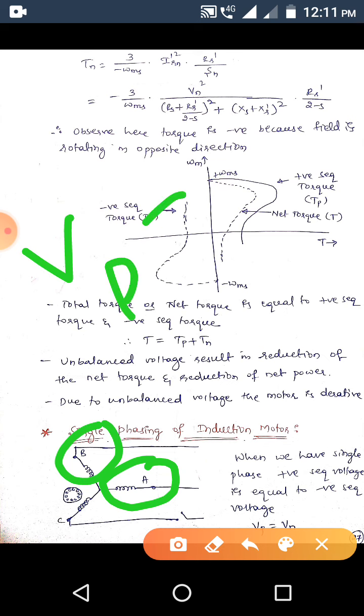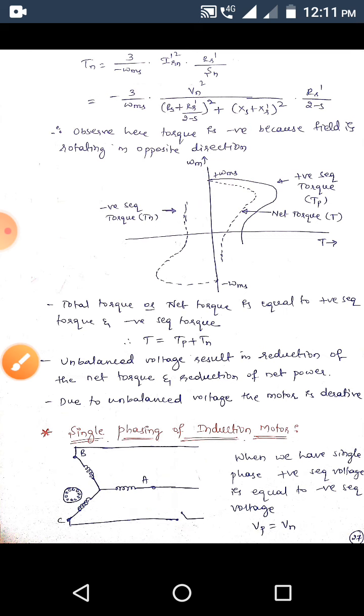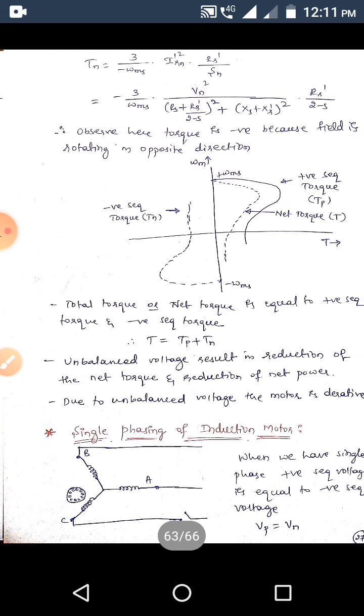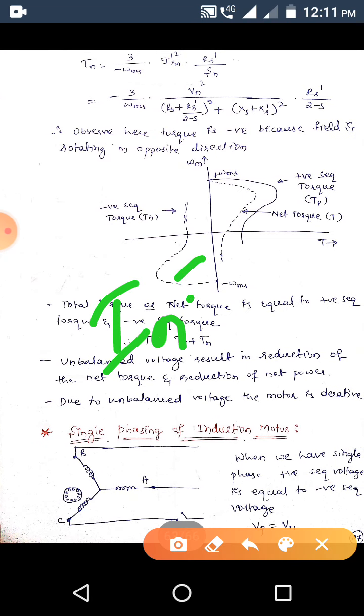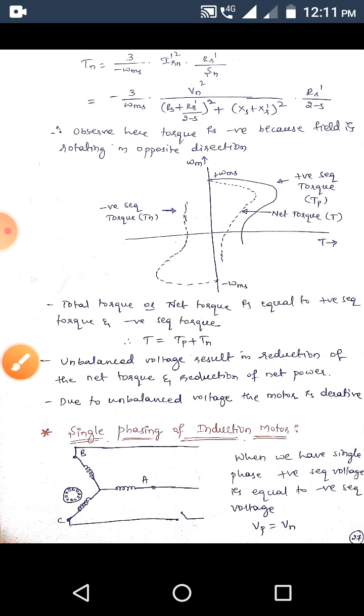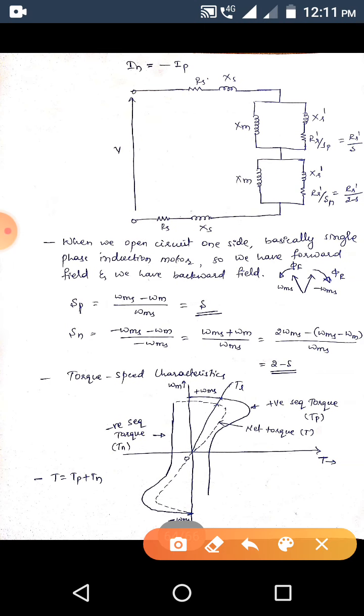so that is Vp is equal to Vn. If Vp is equal to Vn, then the currents in both sequences, that is positive sequence and negative sequence, will be in opposite direction. That will be In is equal to minus Ip in this condition. So let us draw the equivalent diagram for this In is equal to minus Ip.